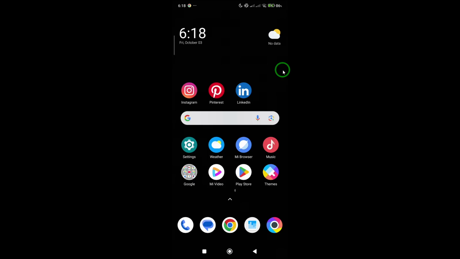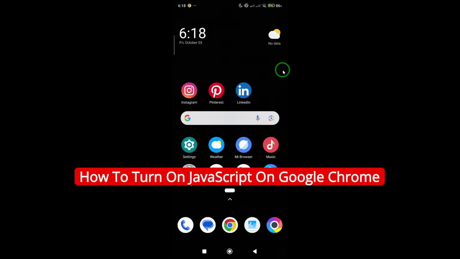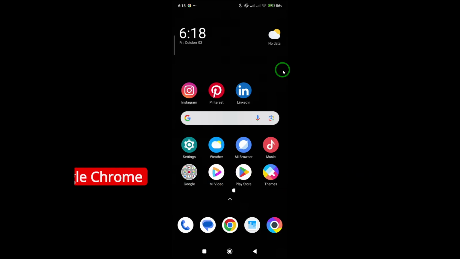Welcome. If you're trying to figure out how to turn on JavaScript in Google Chrome, you're in the right place. JavaScript is what helps websites work the way they should. Without it, many sites won't load correctly, buttons might not respond, and entire features could be missing. The good news is, enabling JavaScript in Chrome is quick and simple, and I'm going to walk you through it